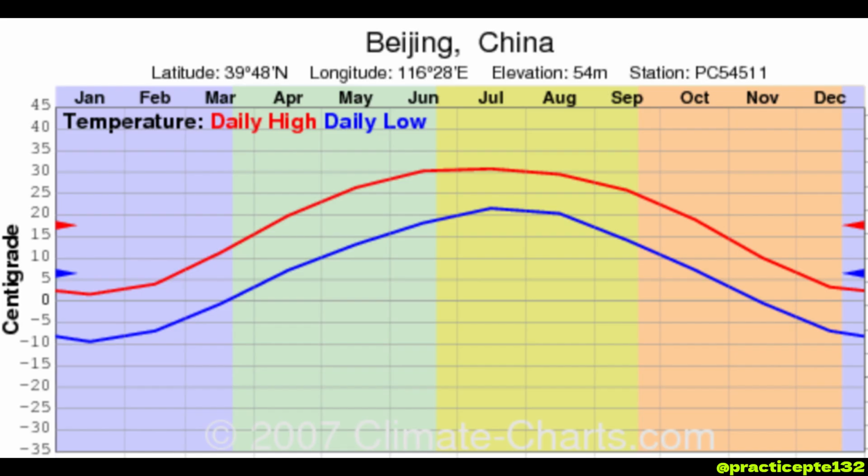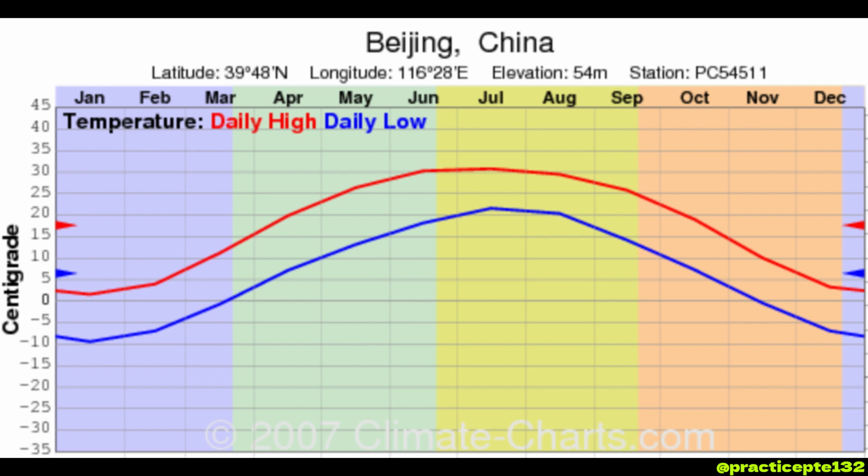The following graph gives information about temperature of Beijing, China. The items include daily high and daily low throughout the year. You can see from this graph that, in daily high, the value of January is around 1 degree centigrade. You can see from this graph that, in daily high, the value of July is around 30 degrees centigrade, which